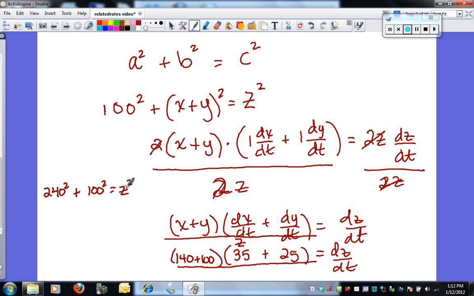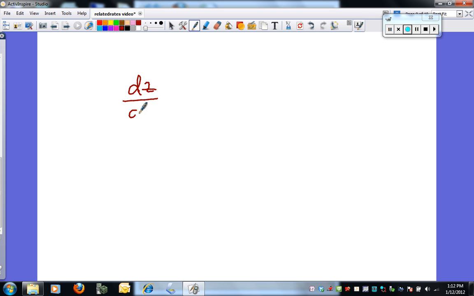Then take the square root of that big number. We get 260. So z is 260. Do the math and find out what that is. You should find that when you do this arithmetic, dz/dt, how fast the distance between the ships is changing, is 55.385 to 3 decimal places